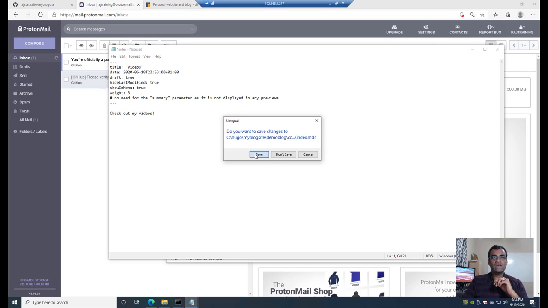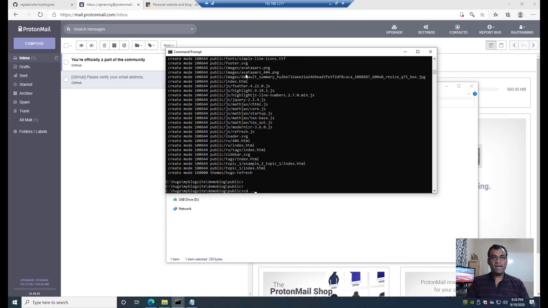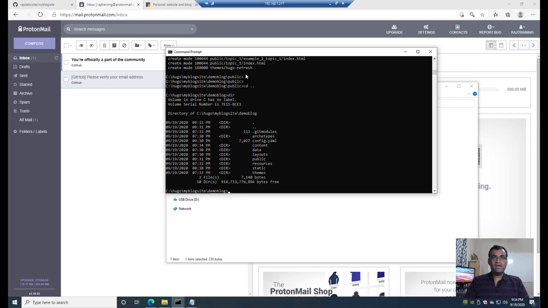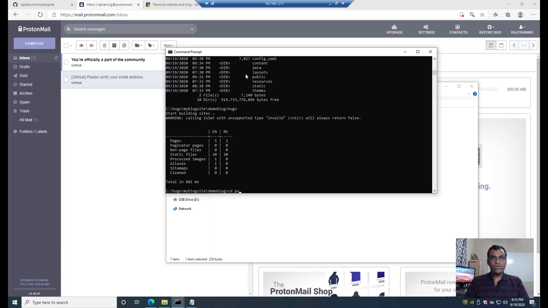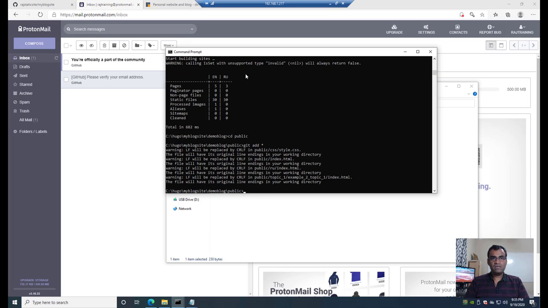So let's save this. Whenever you make changes, this is the same process. So you go back one step, and then you do Hugo, and then you go to the public website here, and then it's the same three commands: git add star, and